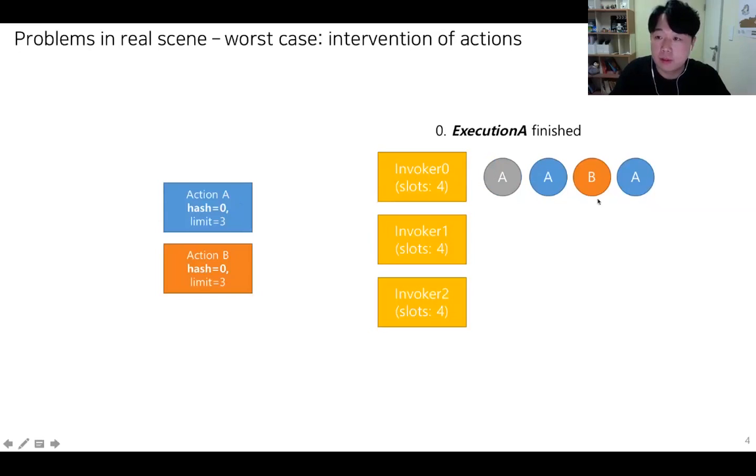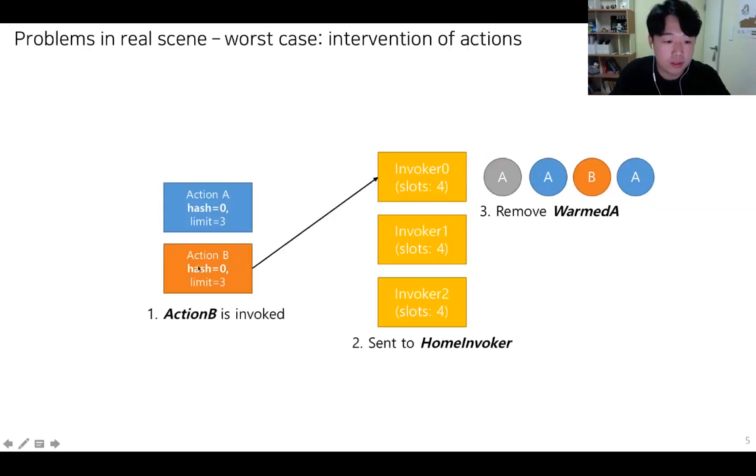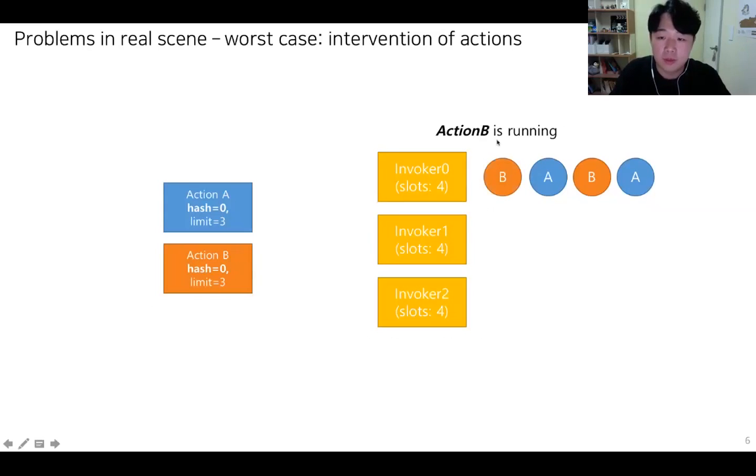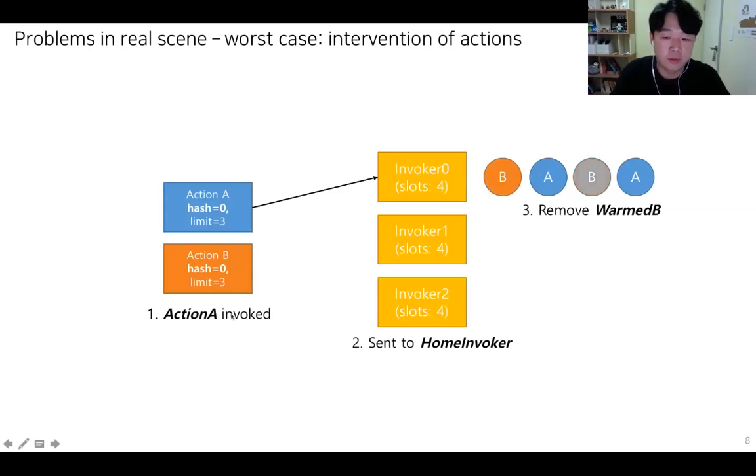Once the execution of action A is finished and action B is invoked, then it will be sent to the home invoker. Then it will remove the warmed container of action A. Then action B will be running, and if execution of action B is finished and action A is invoked,